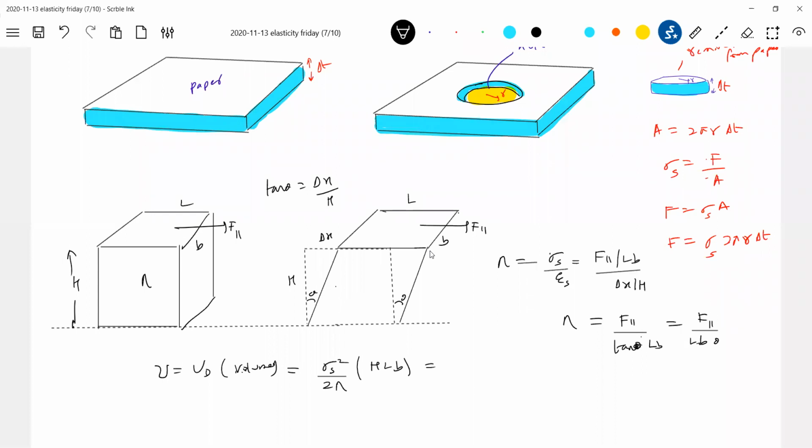What is the shearing stress? It should be equal to F parallel by LB, times 1 by 2 eta. The same LB gets cancelled. So finally, how much elastic potential energy will be stored? F parallel square H by 2 eta. LB gets eliminated. So this is the total energy stored. Energy density is energy per unit volume. Energy density times volume will give the total energy stored here. This much work I should do to displace here. So square will be there, no, sir? Square I forgot.